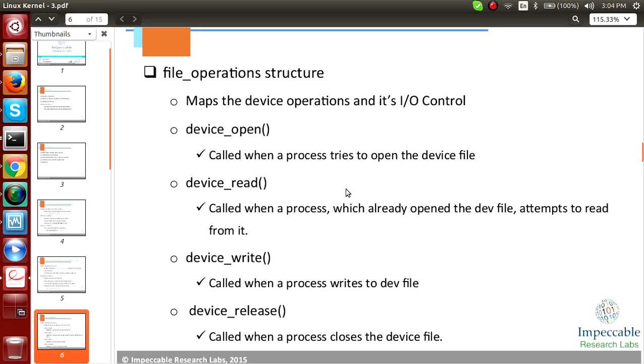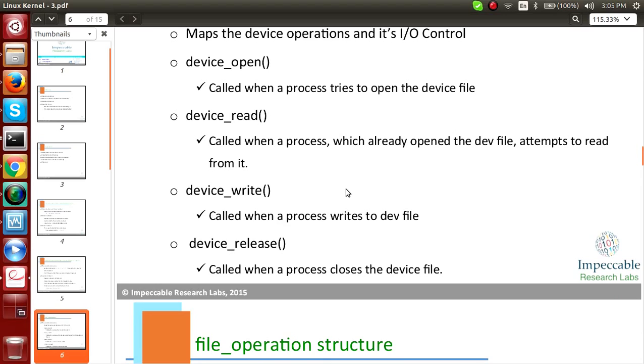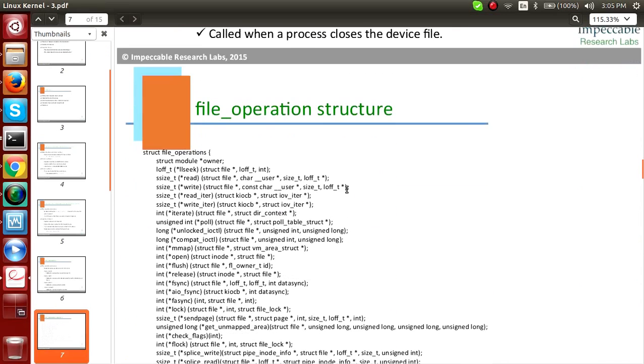For example, if I write that binary pattern to the device, it has to give me how many sectors are there. So there will be a pattern, a protocol, that you need to have to talk to your device. These are the major functions which we will see in our code, and this is an important one.